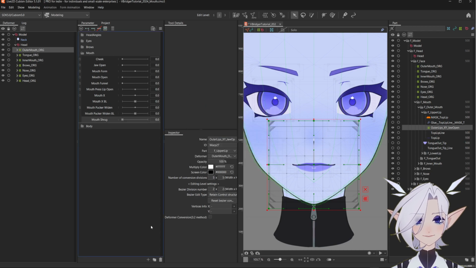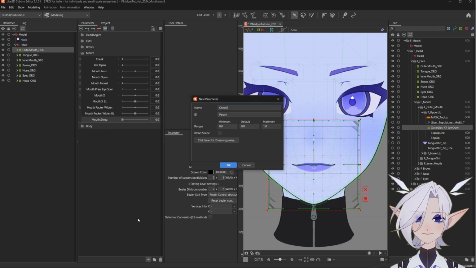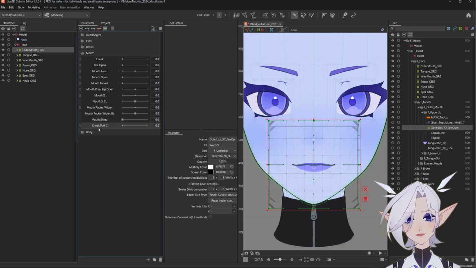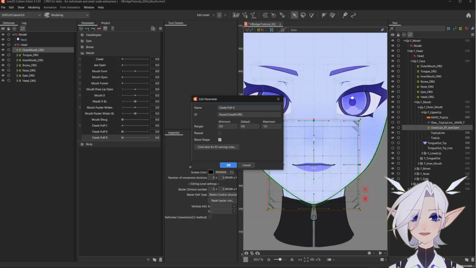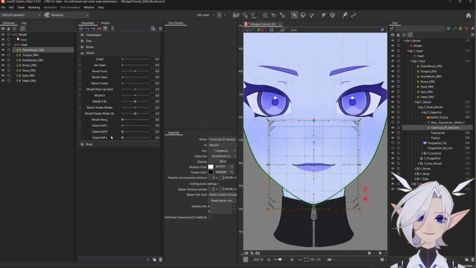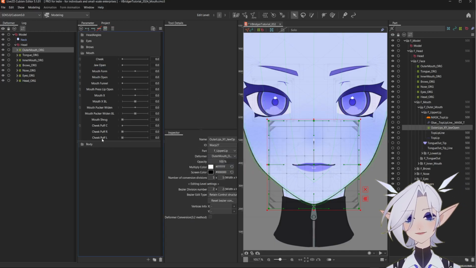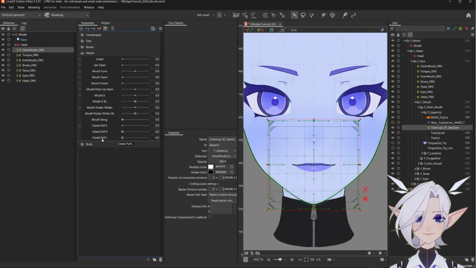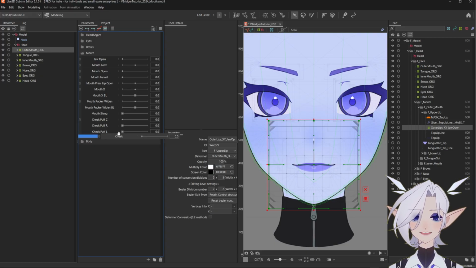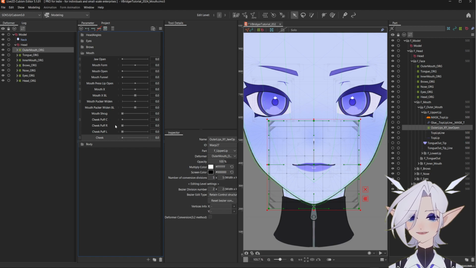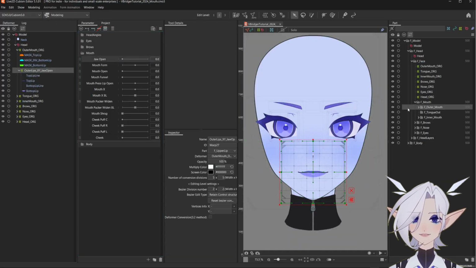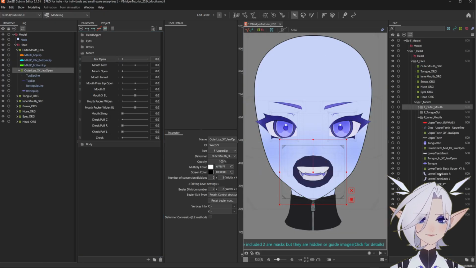So we'll add the cheek parameters next. We'll treat it the same as brow inner up from the previous part of this tutorial. So we'll create a cheek puff C with a minimum of 0 and a maximum of 1, then duplicate it, renaming it to cheek puff R, turn it into a blend shape, then duplicate it again and call it cheek puff L. So now we have a control parameter and a left and right blend shape for the cheek puff. This is so we can use blend shape weights later on to activate and deactivate cheeks based on the head angle. VBridger mostly cares about the lips, so if you have your own method of doing the inner mouth, do